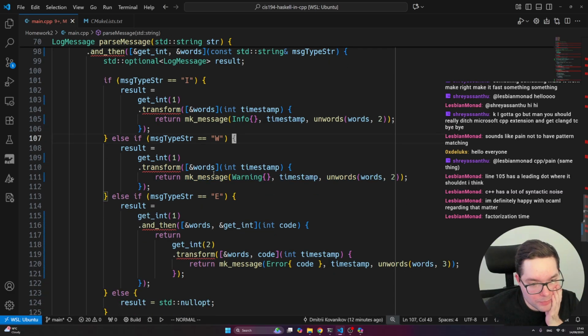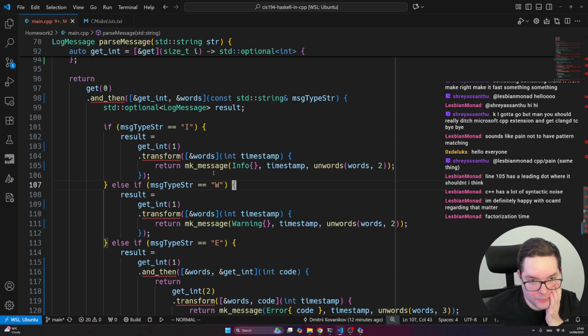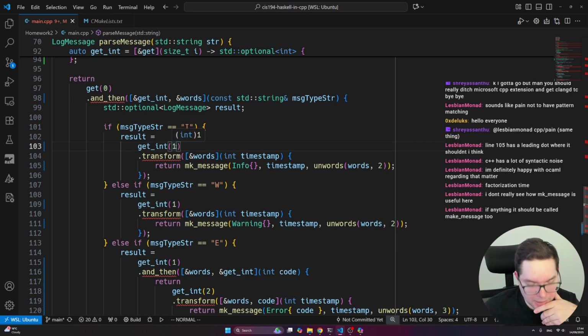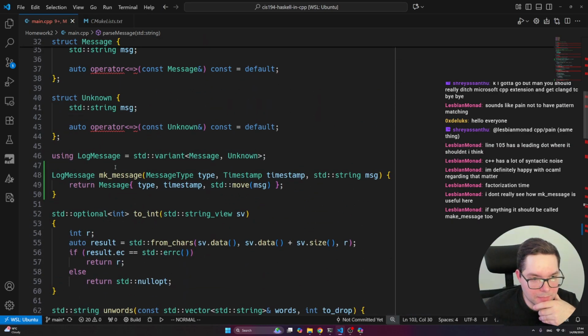And we can go a little bit further. So you see, we do all this stuff where we get by integer and then we transform. And so here again, I don't see how make message is useful. Should it be called make message too? Yeah,